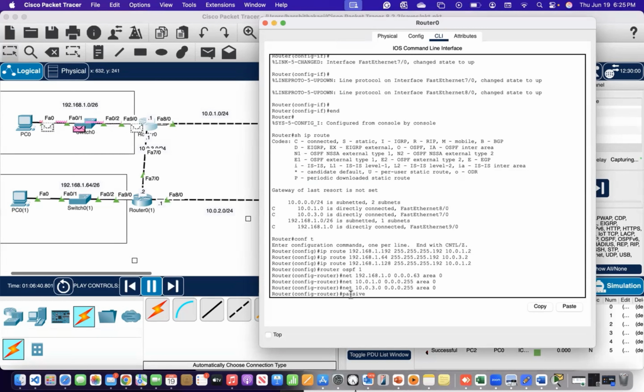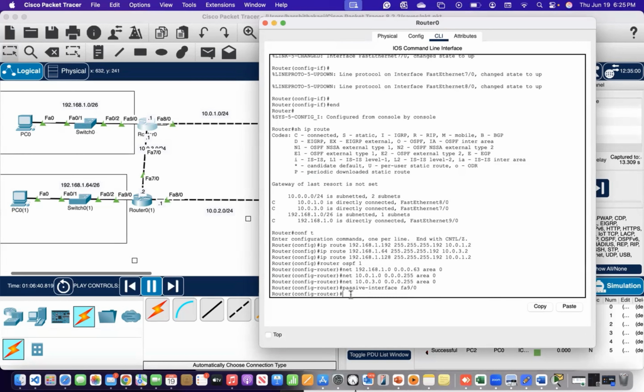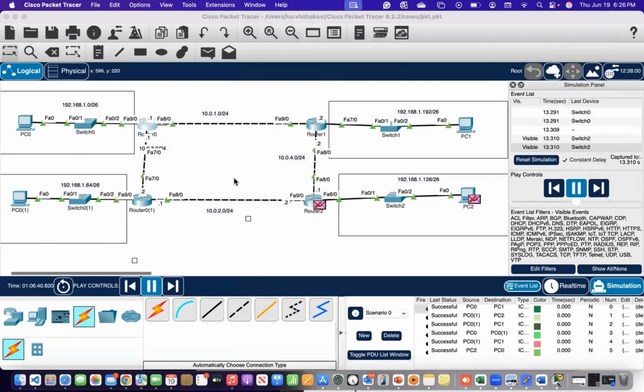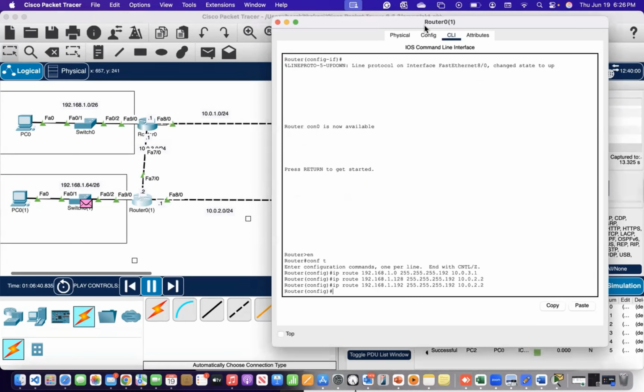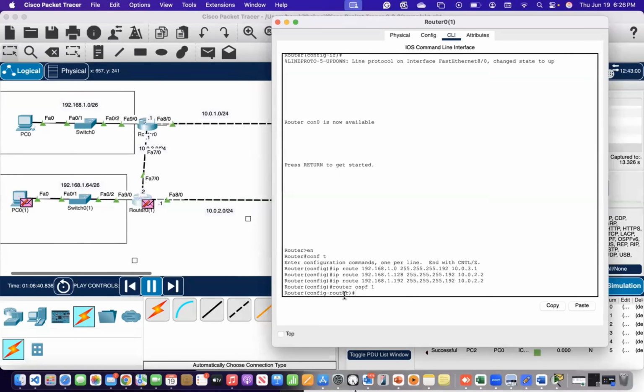And we also need to give the passive interface, which is FA9/0. So that's it. So that's how we will configure OSPF in the router. We'll do the same for this router, router ospf 1 and network